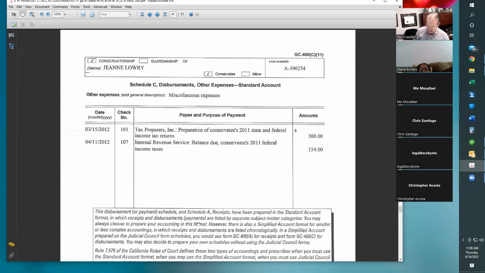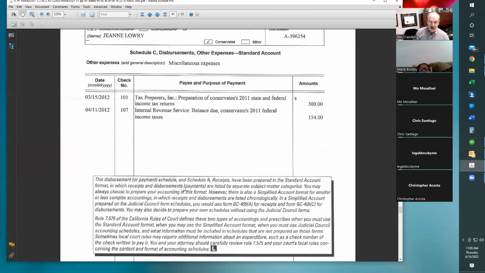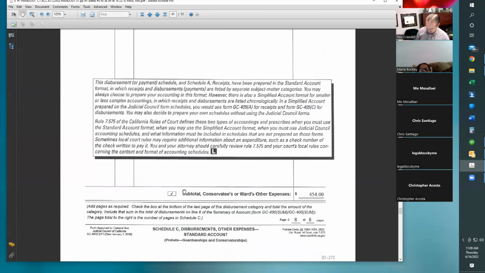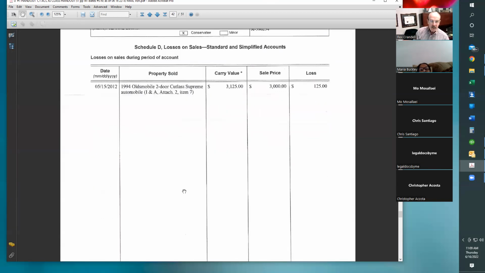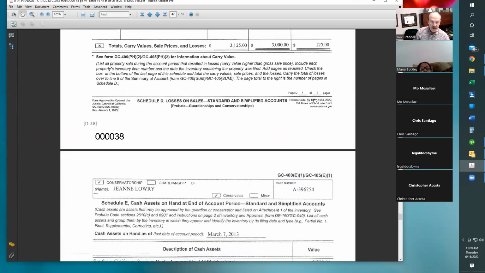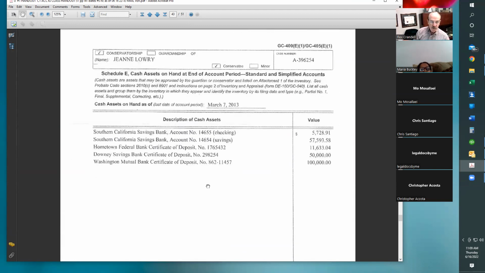Okay, so these are miscellaneous expenses. List all the items that you are not able to find another form for. This is an example of stock sales. Well, this is a car first. Just like the house sale, carry value, sale price, and gain. Then we're getting into